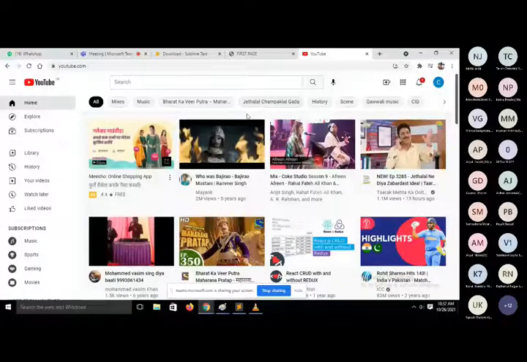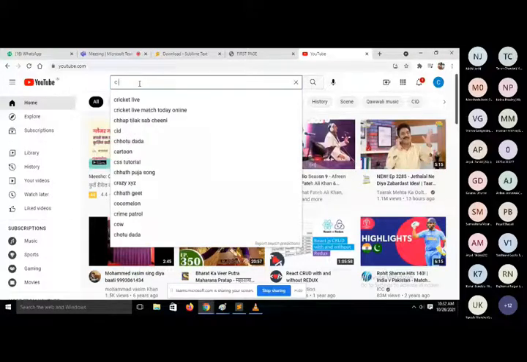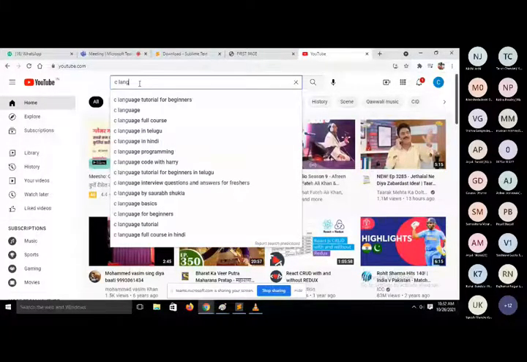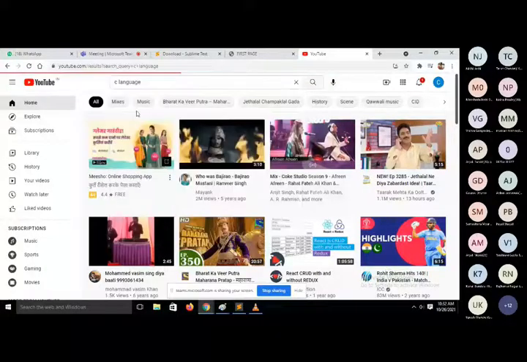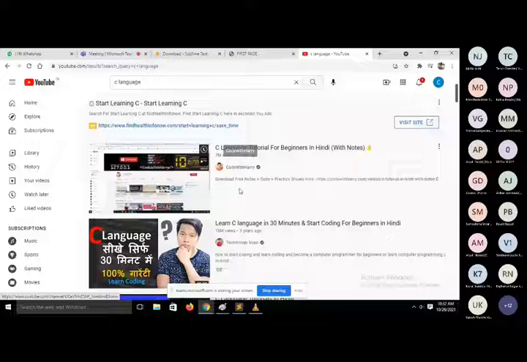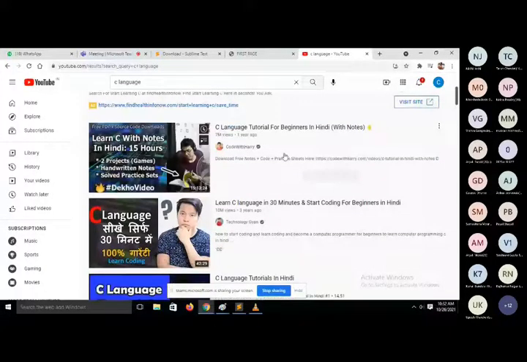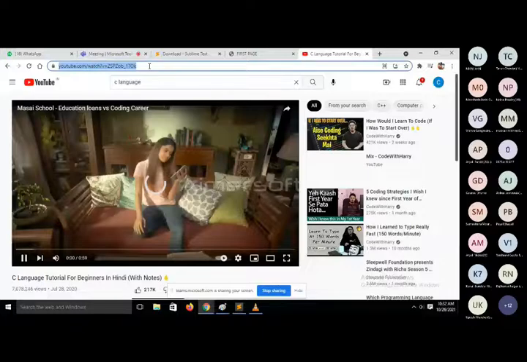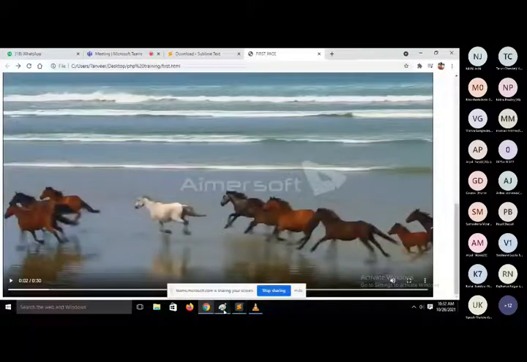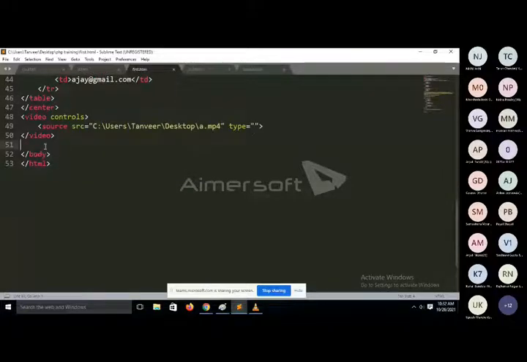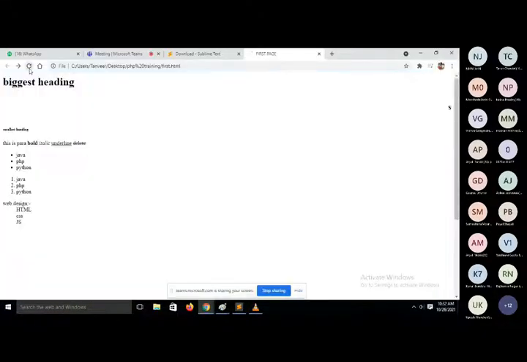See, here we are using C language, and I just want to print a video of C language. See, we have a URL of YouTube. The same video we just want to apply on our application. But how can we do this? So we will use a special tag, iframe, and inside the iframe tag you will apply the URL. But still it does not show your video.